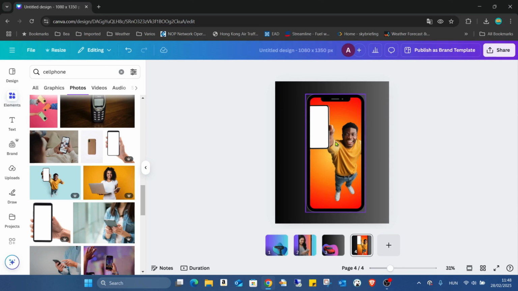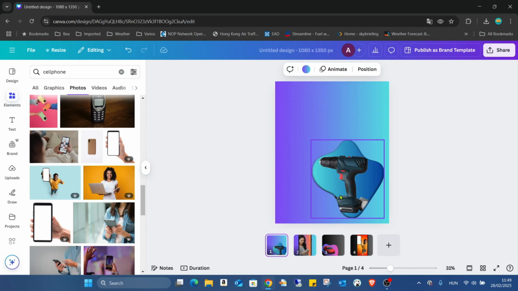That's pretty amazing, a pretty nice trick, how we can use the frames in a more modern and unique way. And what if we would like to add our product image, like I did here